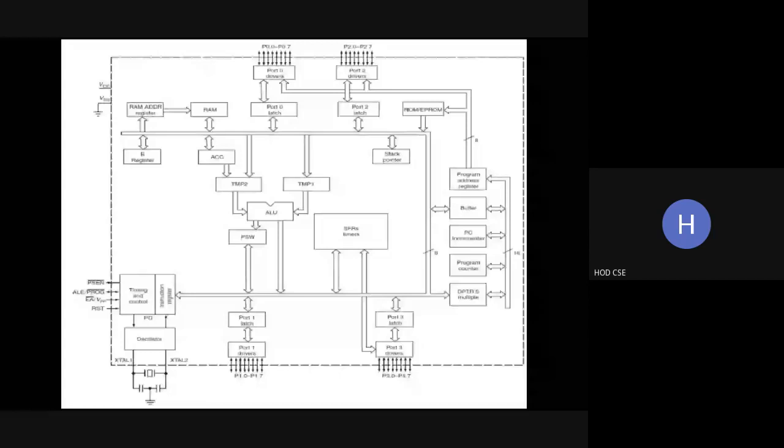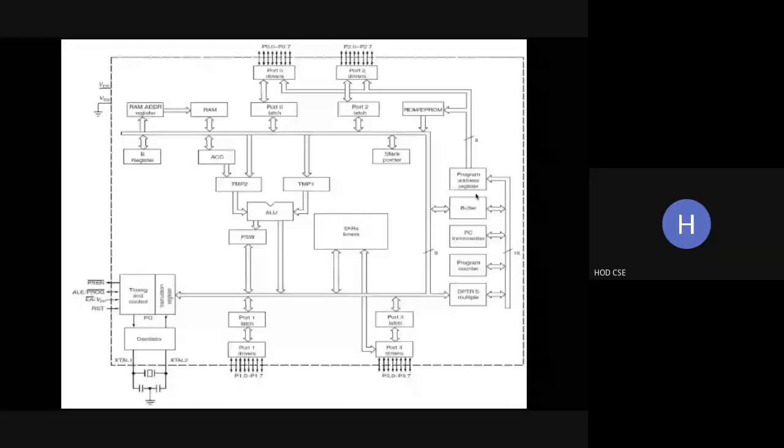Right. And here we have the stack pointer, which is used to represent the top of the stack. Okay. So on the right side, we have a buffer, which is used to store the data. And we have a PC incrementer. So below that, we have a program counter. Program counter is useful to execute the instructions in a sequential manner.